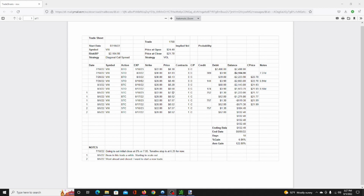I intended to close at 7.05 and 7.10. And what ended up happening is I closed everything. I closed at 7.05 and 7.05, which again is fine. It's only 5 cents. I still had a good trade, a little bit lower gain than I wanted. Annualized gain is fine. As you can tell, I didn't trade a lot of contracts to start with because, again,